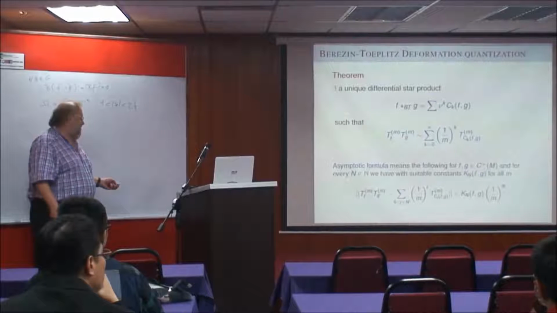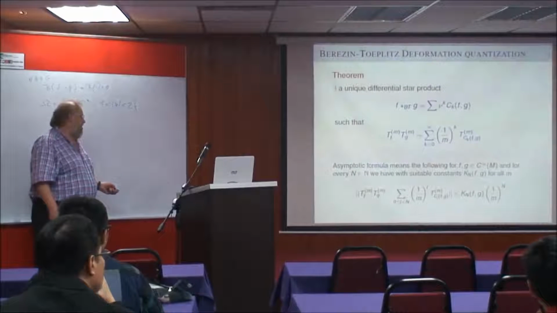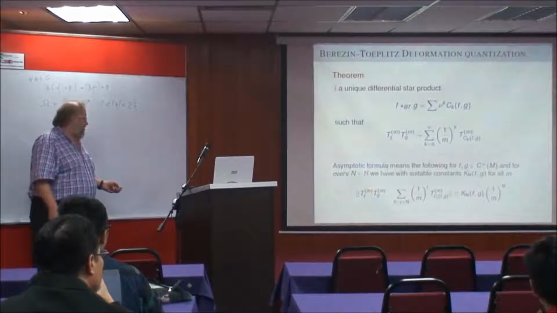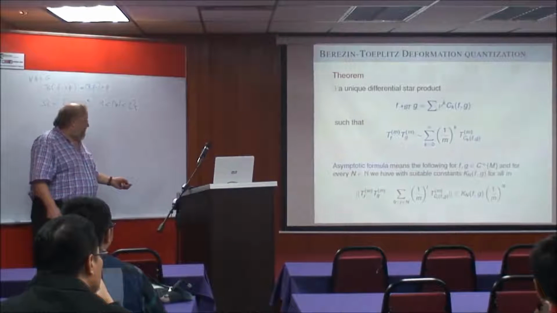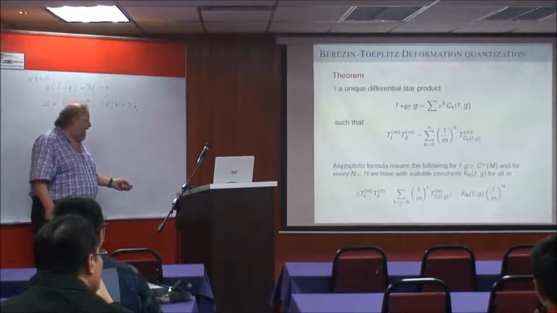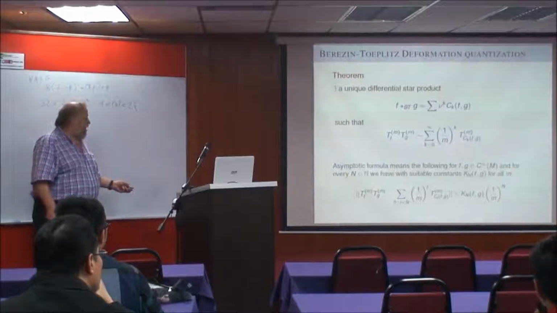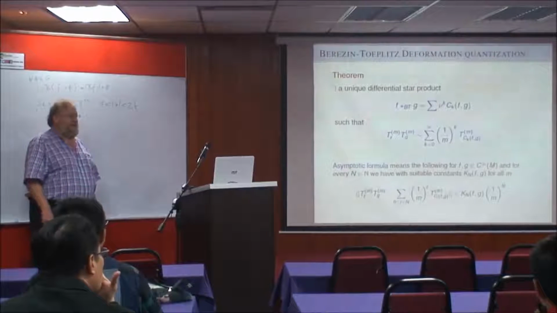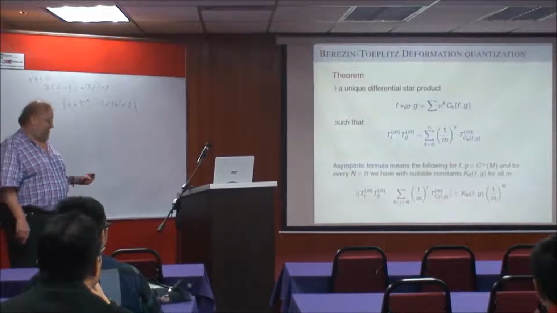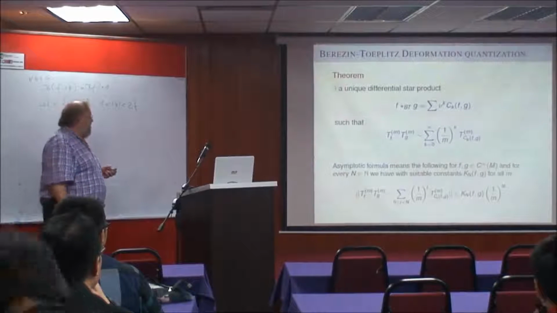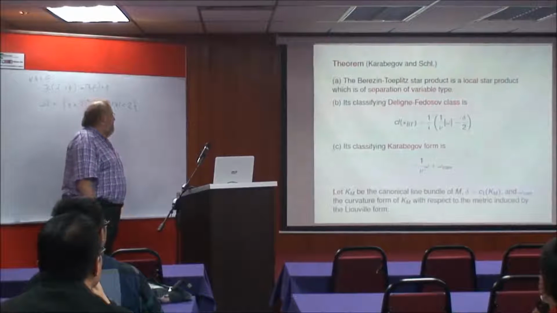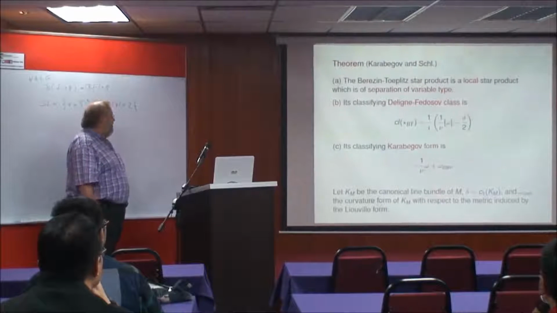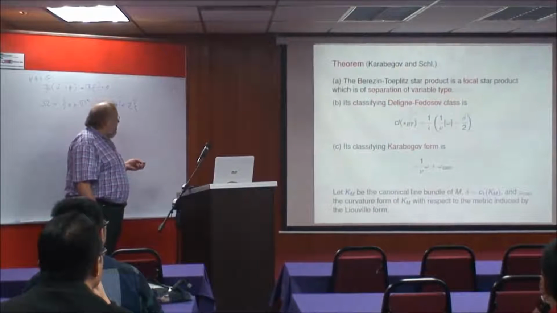And we have a very strong condition that if you now make the difference, going up to a certain level, this can be bounded in terms of 1 over m to the power n, norm-wise. So this is a very strong statement. So the next theorem, this is done with Alexander Karabegov, we showed that this Berezin-Toeplitz star product